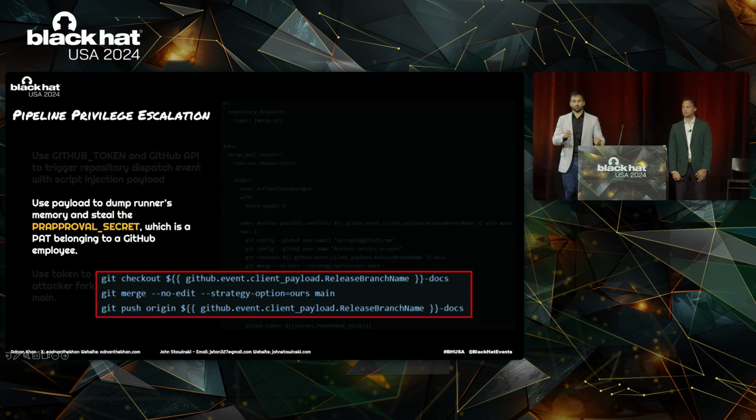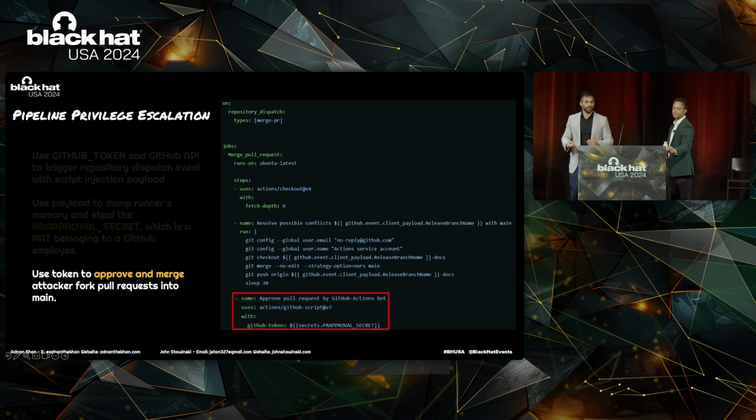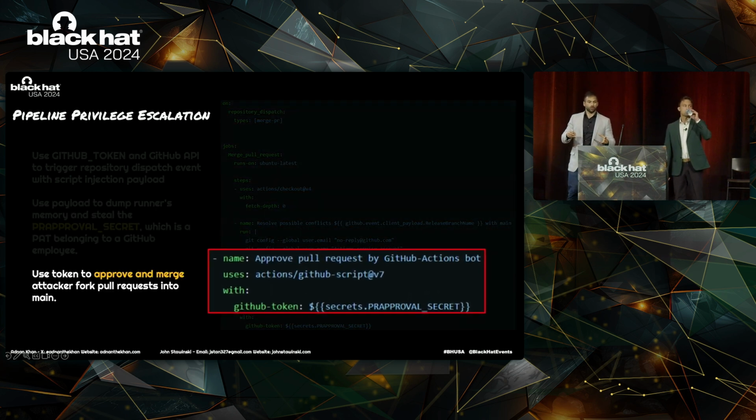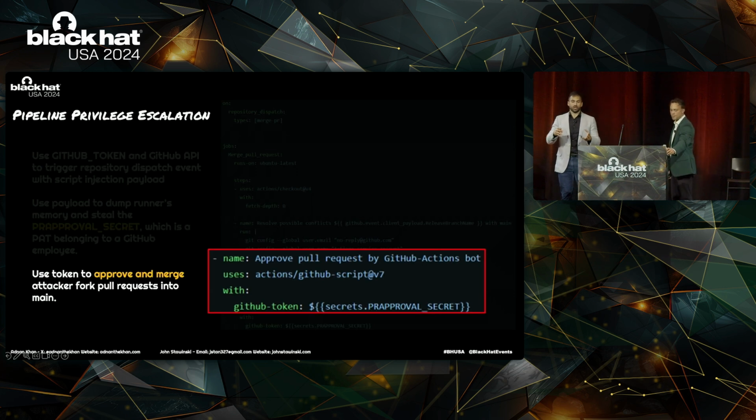This means if someone simply altered the dispatch payload to contain shellcode, then they can get arbitrary code execution in that workflow. And finally, you can see that that workflow uses a secret that is most likely a GitHub access token belonging to a GitHub employee, because that's how it's used in the workflow to approve and merge pull requests. So if an attacker gains access to that, they can approve and merge their own pull requests into the main branch of this repository.